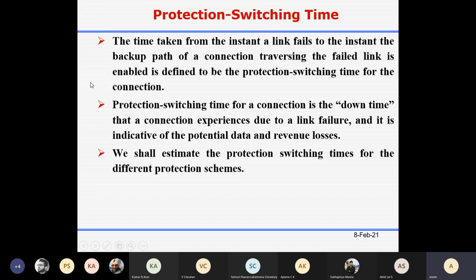But in that paper, it was an old paper, so there they considered that because their main focus is on the protection switching time, they are trying to see what happens when a connection request fails. A connection request means a light path request. Whenever a connection request comes to the network, it's basically a light path request. The protection switching time for a connection is the downtime that a connection experiences due to a link failure,